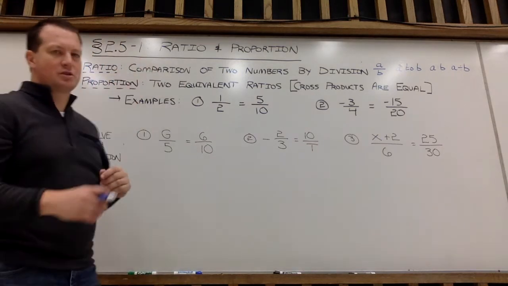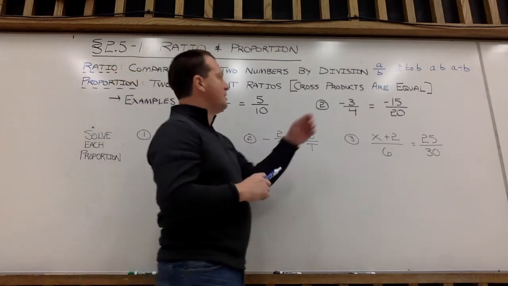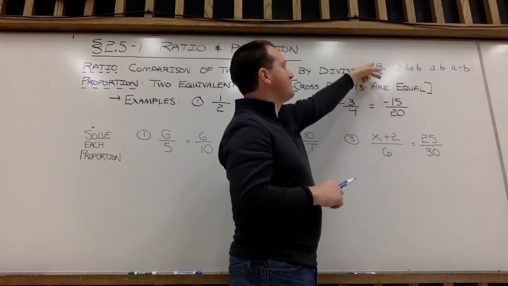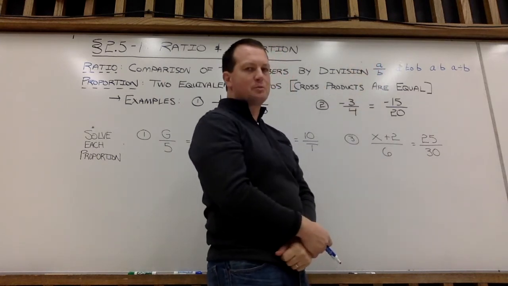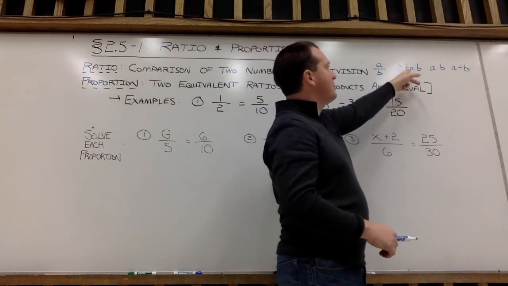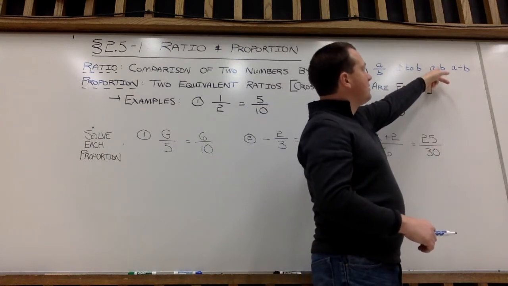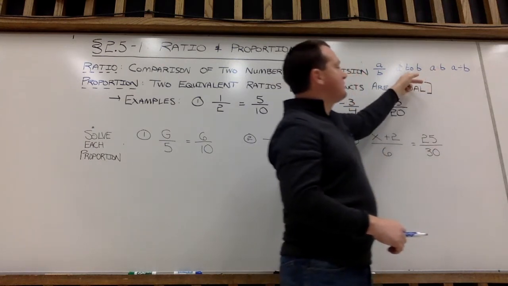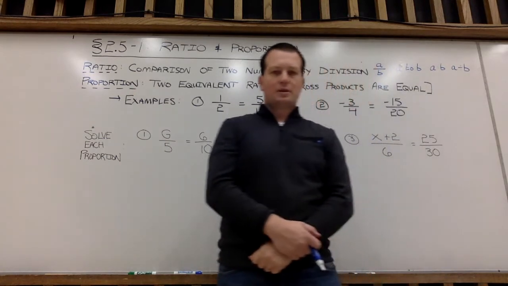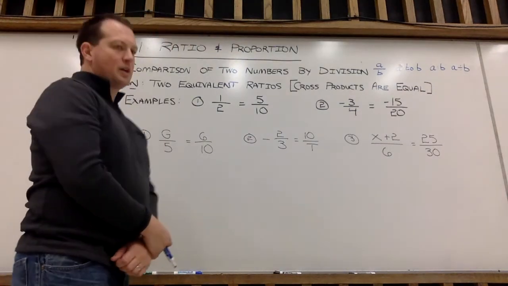Now, a ratio is simply comparing two numbers using the operation of division. Most of the time we're going to see it as A over B using that fraction bar notation. In word problems, you may see it written out as A to B. The colon, A : B, has the same meaning as A to B. And of course, you may see it as the old division symbol, A divided by B. So those are all different ways you can denote a